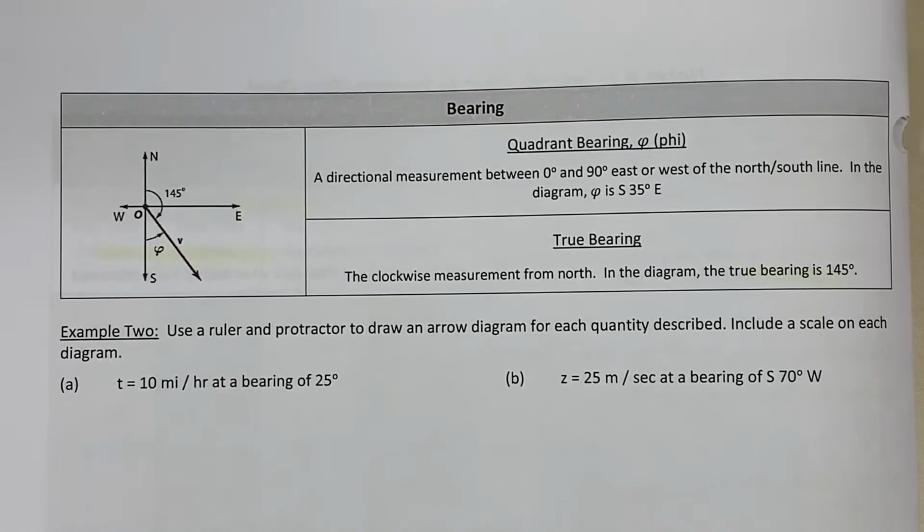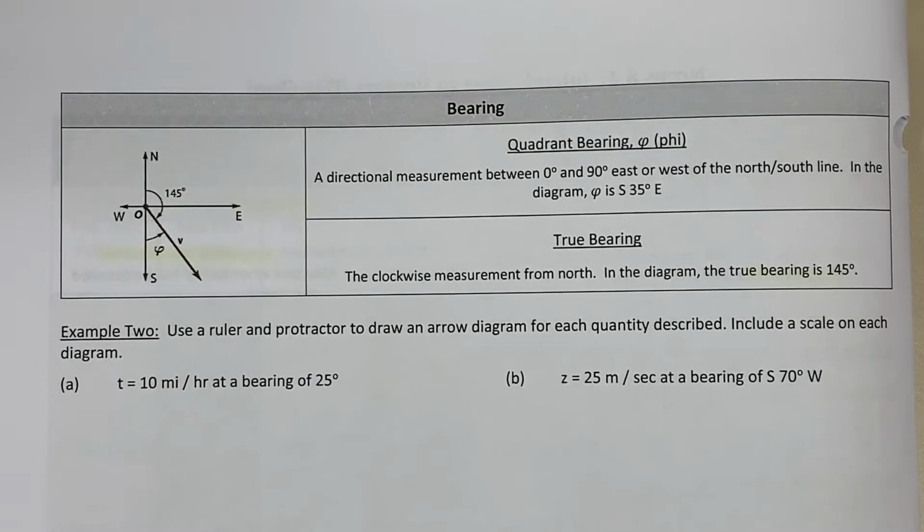We continue Chapter 8, Lesson 1 with Example 2. Example 2 says use a ruler and protractor to draw an arrow diagram for each quantity described. Include a scale on each diagram. So letter A, we are going to draw vector T, which is 10 miles per hour at a bearing